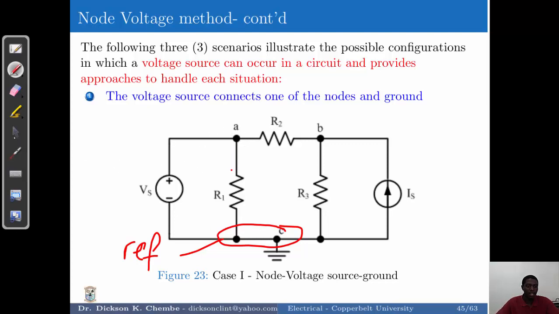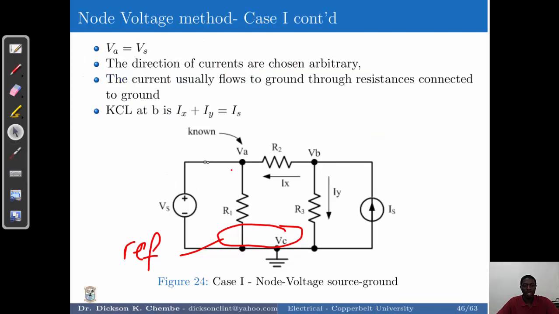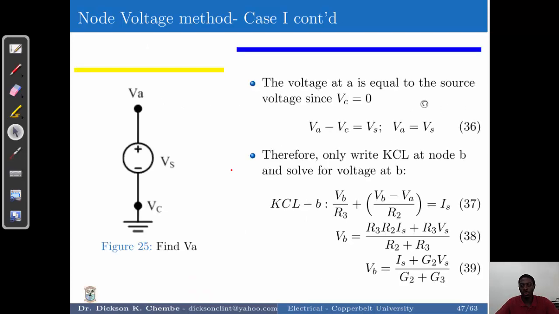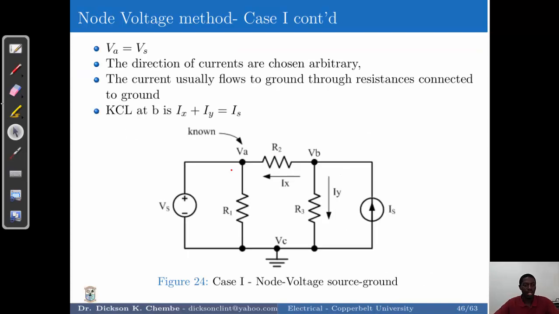Okay, if you have this scenario, you have to consider how to determine the value of VA. The way we determine the value of VA in this case, which is going to be a known value, is quite automatic. When we have a reference node, and if you remember, we're discussing the potential difference between two nodes. So you've got a reference node